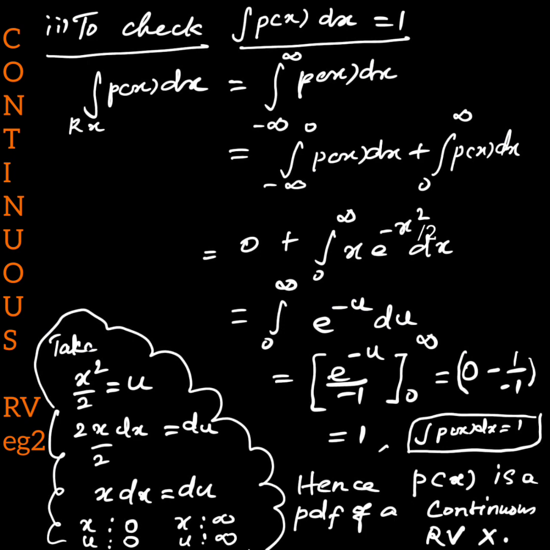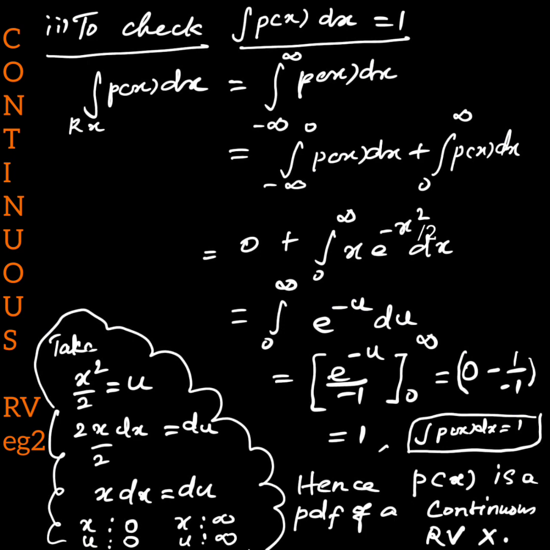We are going to check it. So let us take integral p of x dx. Here the region is real numbers, minus infinity to infinity, and p of x is given as two cases. One is the less than 0 case, that is minus infinity to 0 integral limits, and the other part is x greater than or equal to 0, that is 0 to infinity. In these two parts of the integral, the first part is obviously 0 because p of x is 0, and the second part is in our hand, it is integral 0 to infinity x e power minus x square by